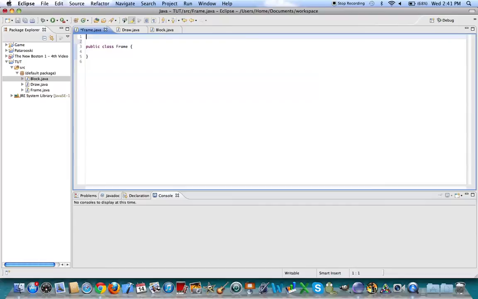So the first thing we want to do is make a project and make 3 classes. Make them frame, draw, and block. After we do that, go into the frame class and import JFrame. And in here, we're going to create the constructor,